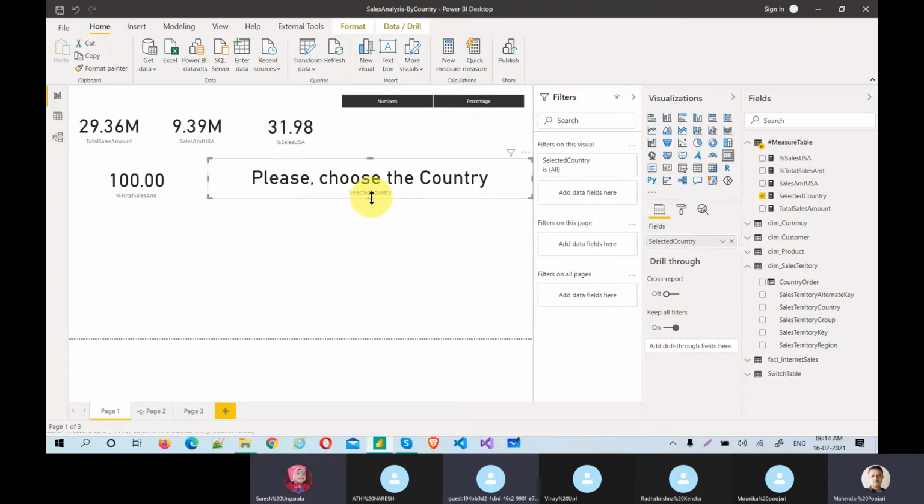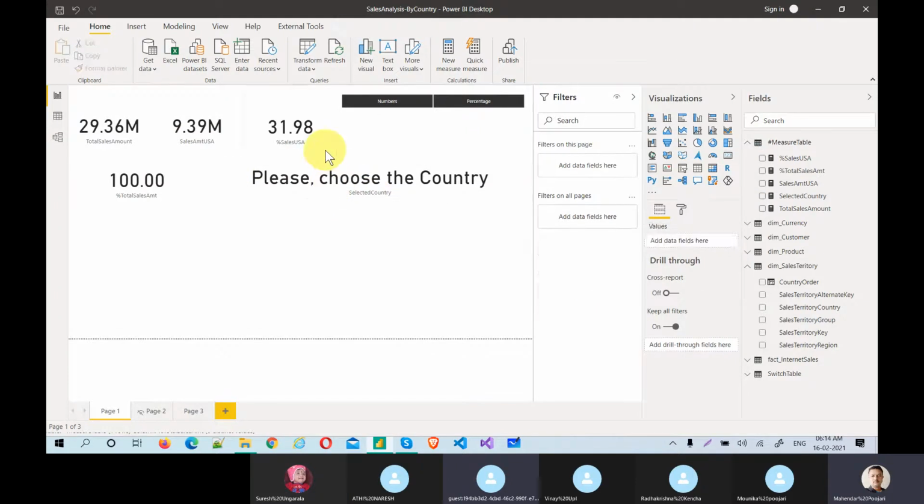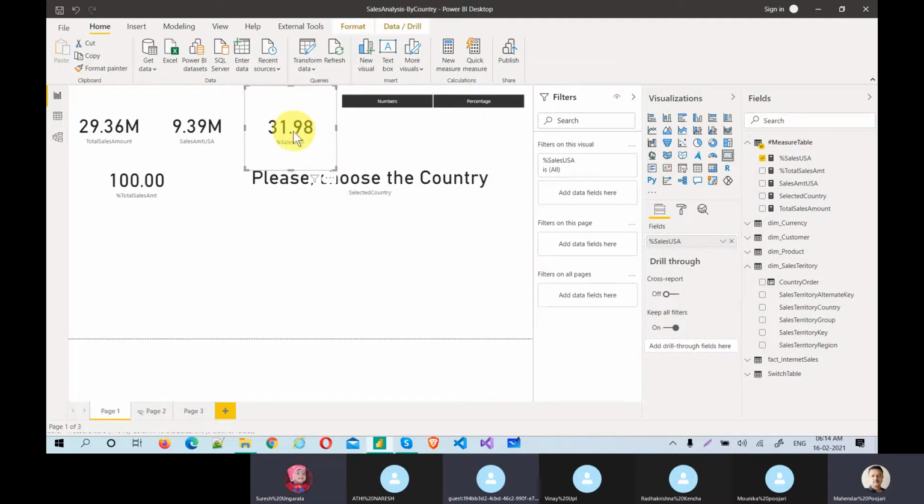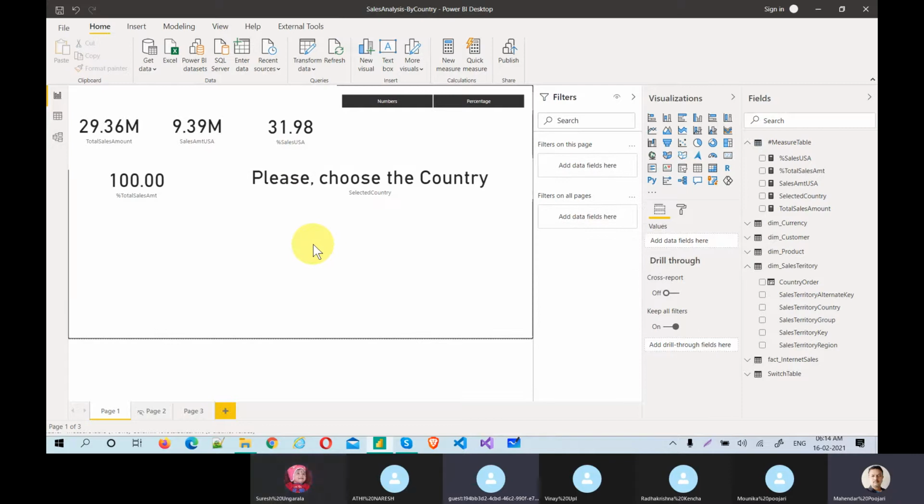This is the percentage, 31.9 is a percentage, and this is also a percentage. Good. Next, our intent is: if it is a number, then the number value should be shown; if it is a percentage, the percentage should come.